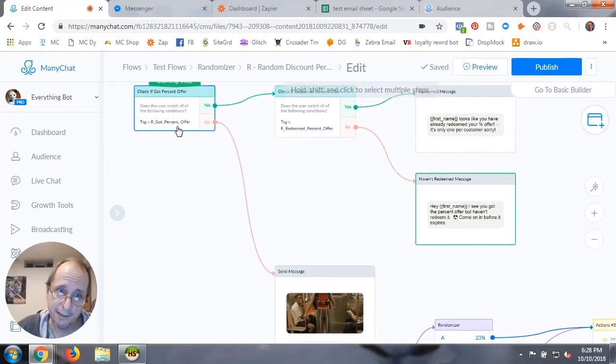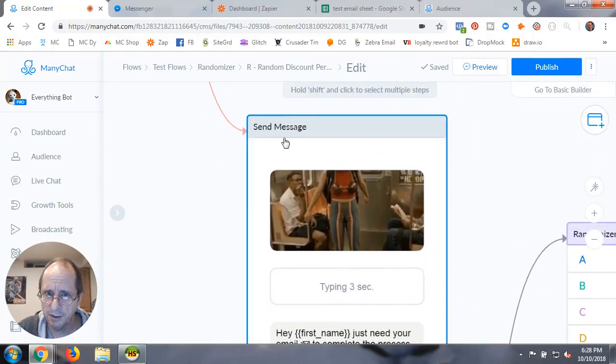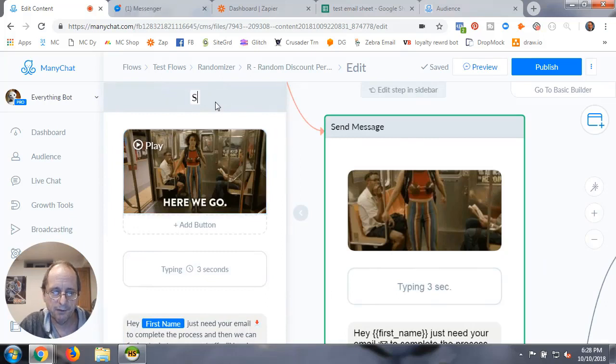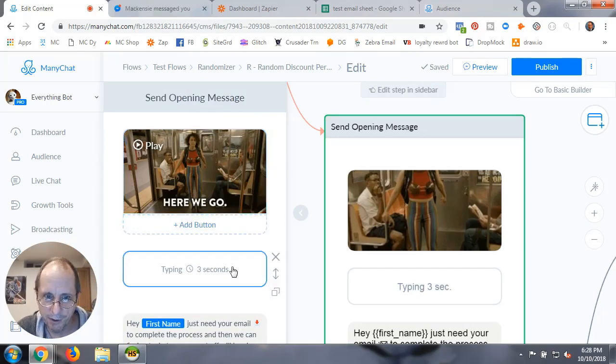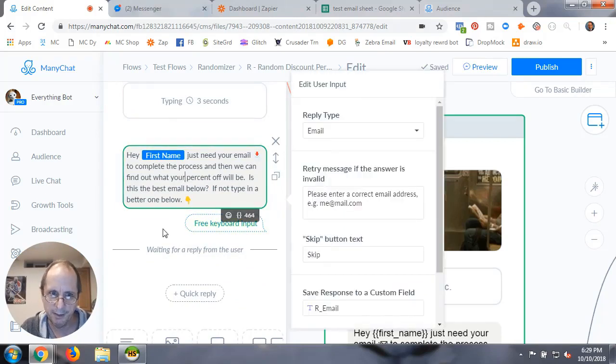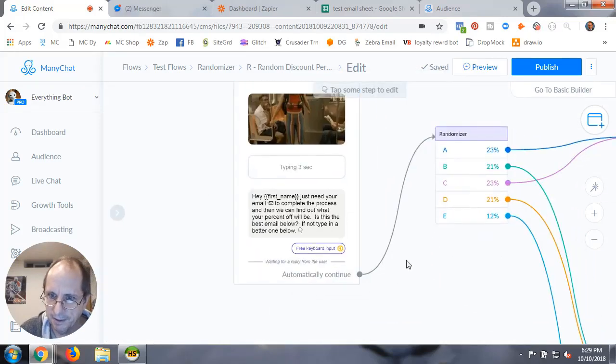But now let's say they didn't get the offer. So we're going to go to the first message, and we're going to do a little GIF here, and I'm going to say send opening message. And we're going to have a little GIF, and a little message to say, hey, just need your email to complete the process, and we can find out what your percent off will be. Is this the best email below, or do you have to type a new one? We're going to get the email right there,